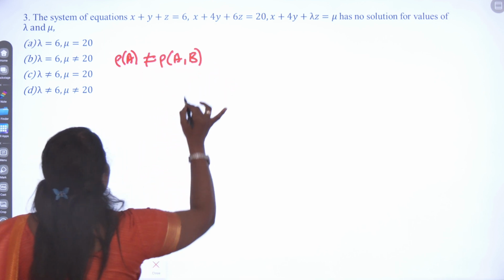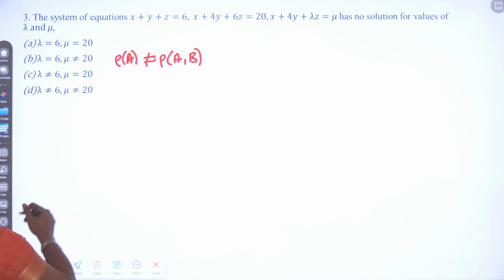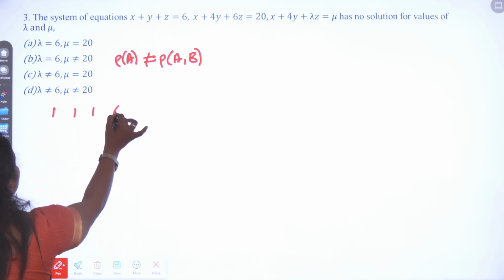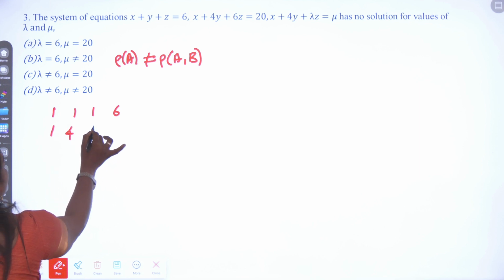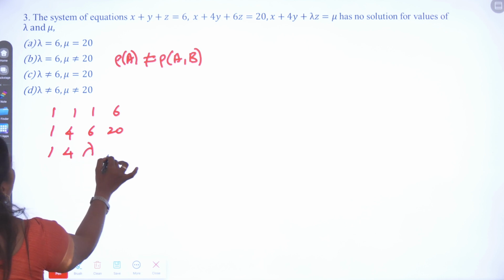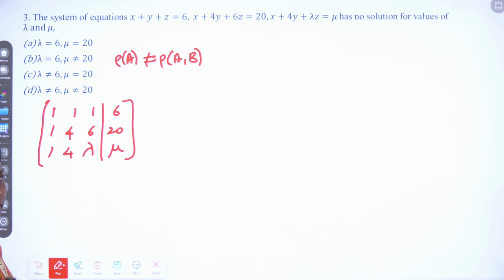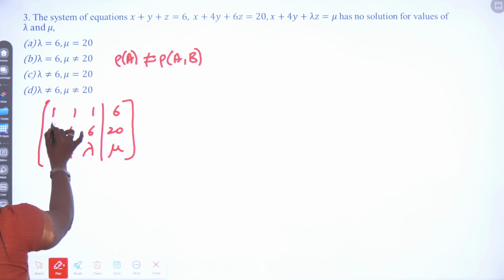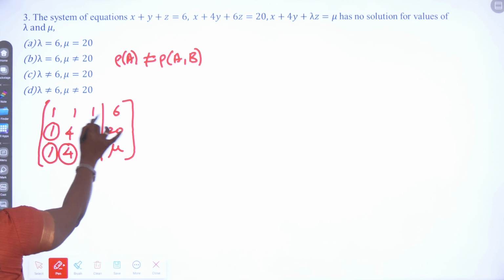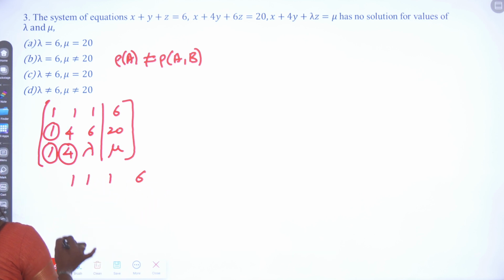And for any such problem, we have to find the augmented matrix in the row echelon form. So augmented matrix, directly writing the augmented matrix: 1, 1, 1, 6; 1, 4, 6, 20; 1, 4, lambda, mu. So this is the augmented matrix. We have to convert this into row echelon form. For that we have to convert this and this element to 0. Now the first row elements as it is, 1, 1, 1, 6, and second row element